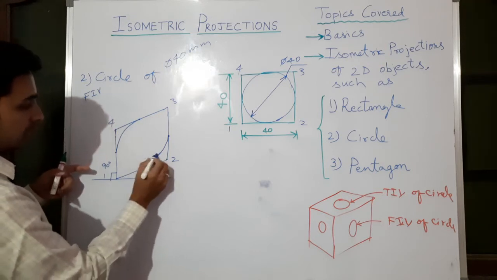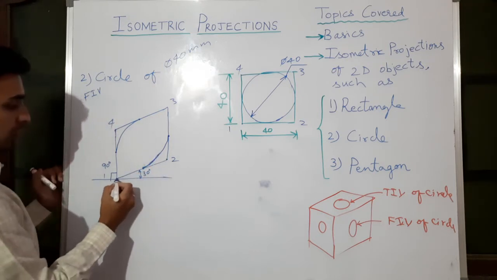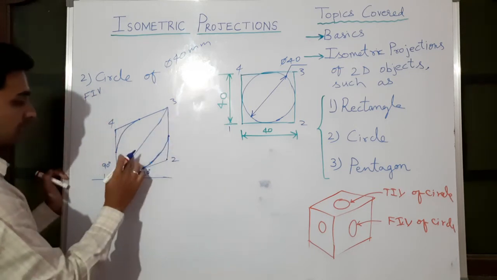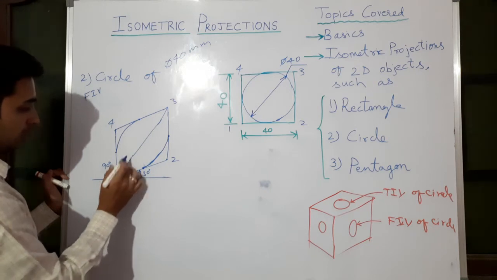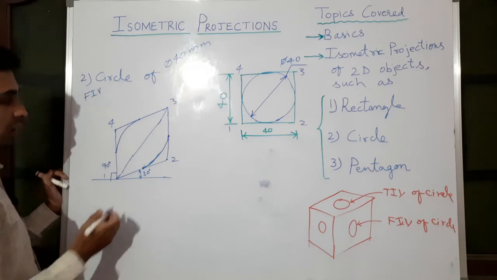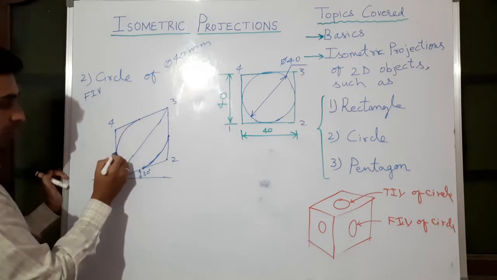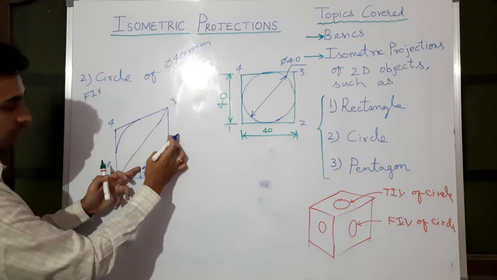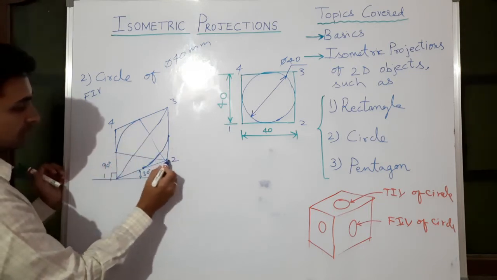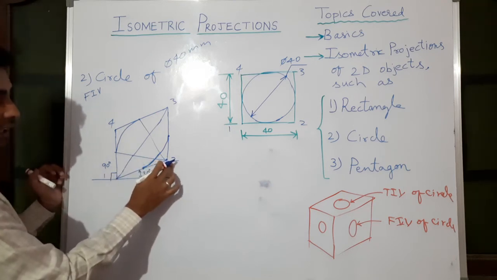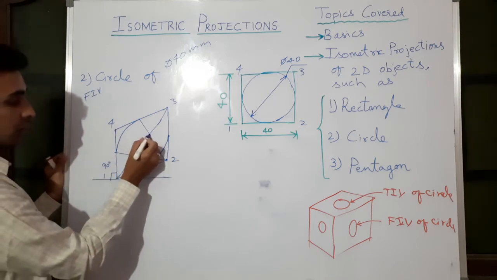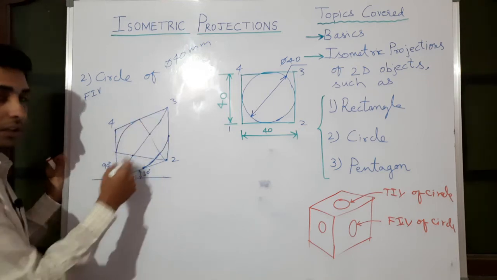Okay, then join the longer diagonal from 1 to 3. After joining the longer diagonal, take this midpoint or this midpoint, either end of this curve, and join with the opposite corner. So these midpoints I am taking and joining at opposite corners, that is point 2 I am taking. You can also take this point or this point here at number 4. Now this is intersecting with the longer diagonal.